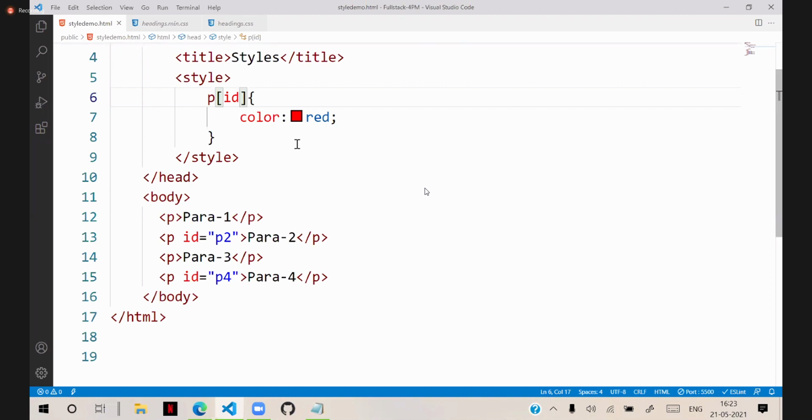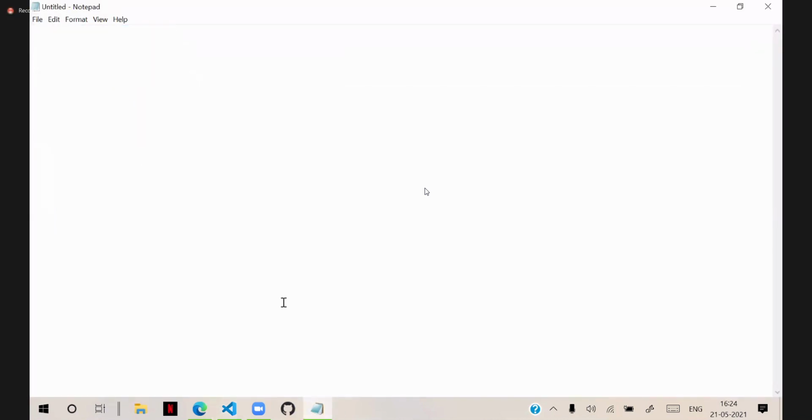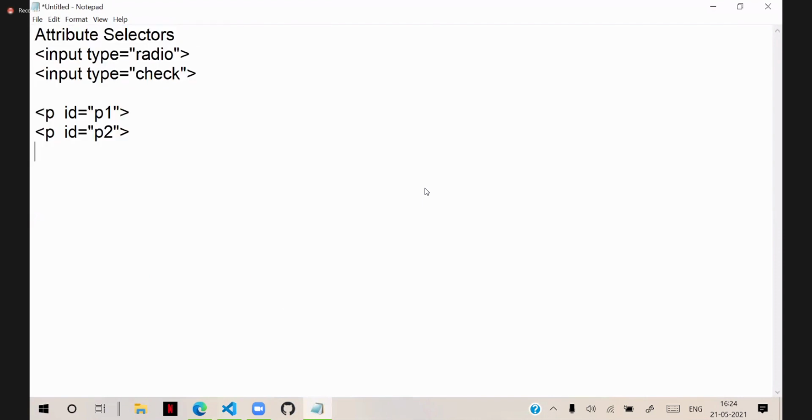In attribute selector, we also have conditions. So that is important, how we can configure the conditions in attribute selector. Conditions is nothing but, suppose I defined ID is equal to some P4 or P3 like this.